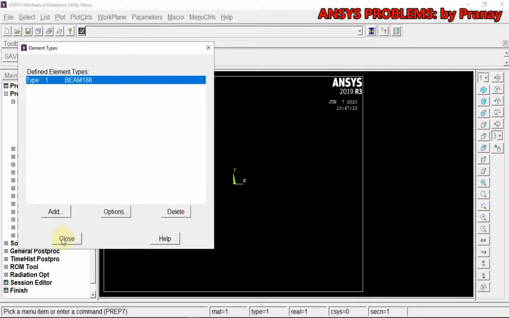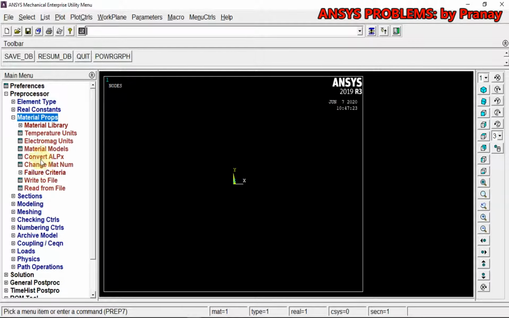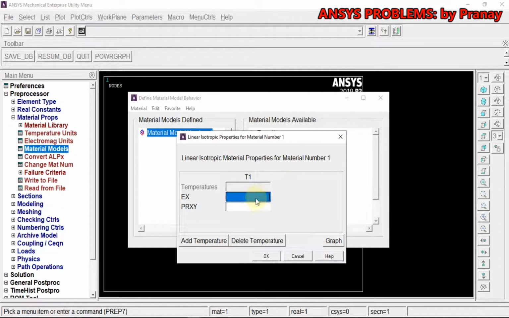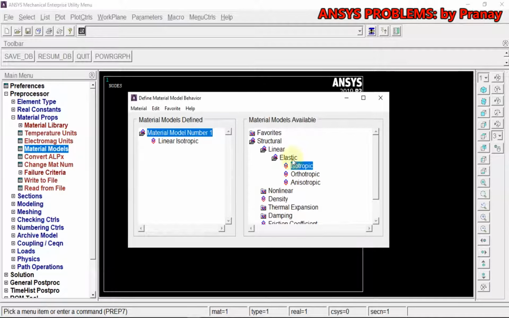2 nodes, and material properties, material models, structural, linear, elastic, isotropic, and this is going to be 210 E9, and 210 E9, and 0.27. Okay,